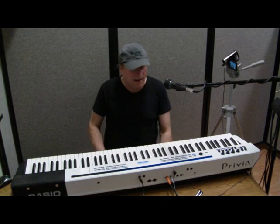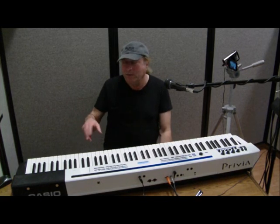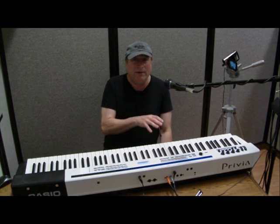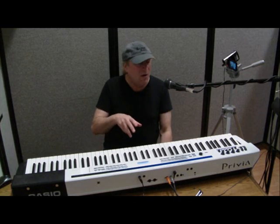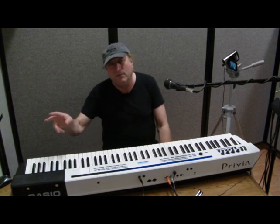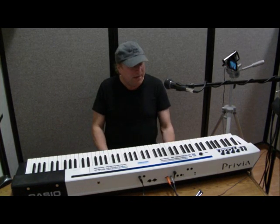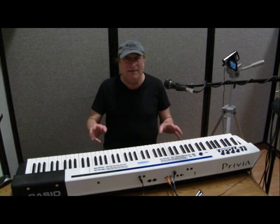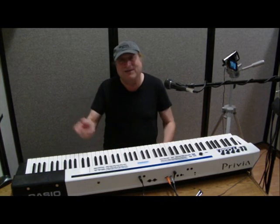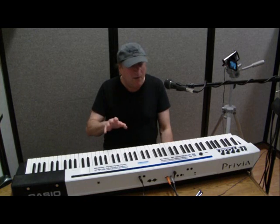You need a more elaborate setup, and that's going to involve a sequencer or a DAW, a digital audio workstation, which is a specific piece of software that runs on your computer, and you also need a specific hardware interface to communicate with that. That is an audio interface, and it's usually at about an 8-channel input so that you can record 8 simultaneous channels at a time. We'll get into that in another video, but basically if you're making mistakes, it is so easy to use the specialized software and the specialized interface to just basically correct that mistake. And that's something that's beyond the scope of this video, but for now, if you just want to